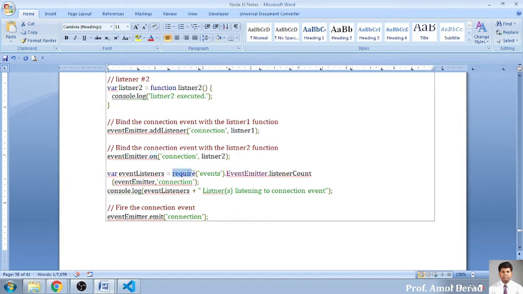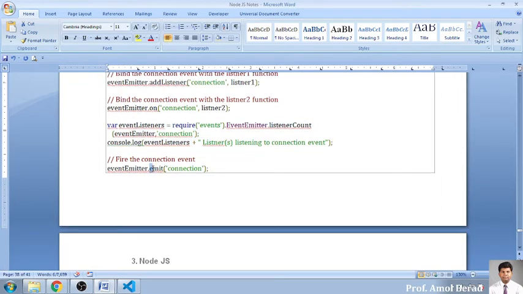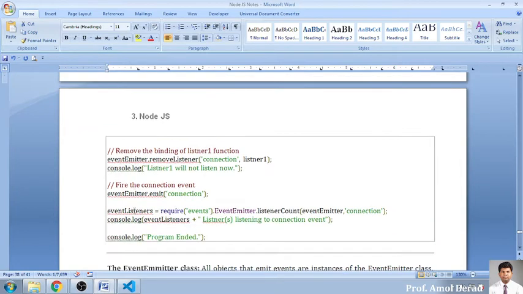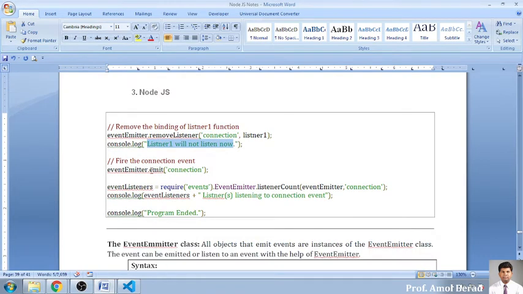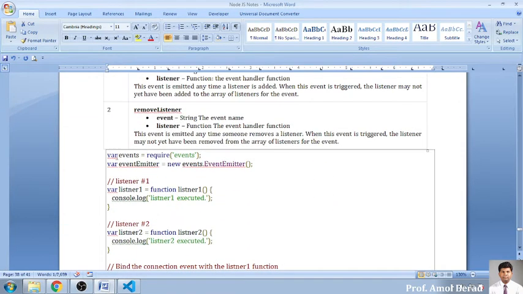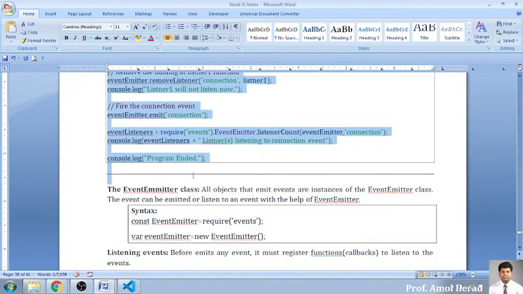With the require statement we will do some other operations, single-line statements can be written, and finally we execute the events. Likewise, whenever you want to remove a listener, you can remove the corresponding listener, log the display, and execute it. Basically these types of operations can be done. I am expecting that we execute this small application in today's session.